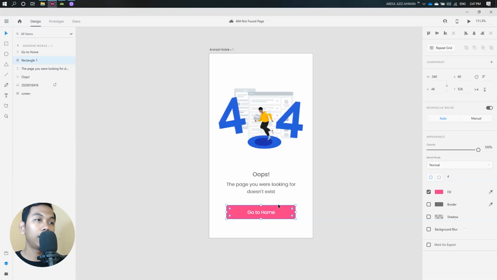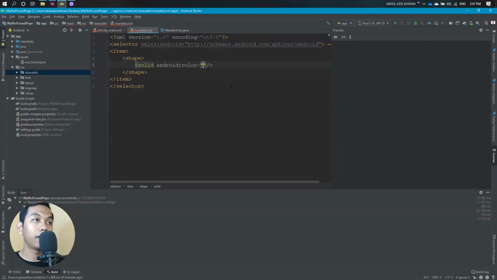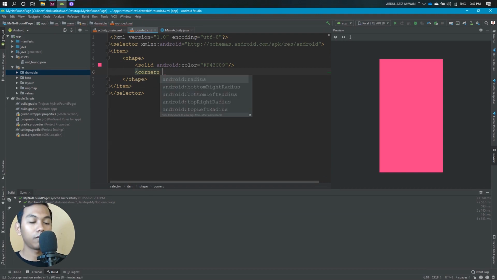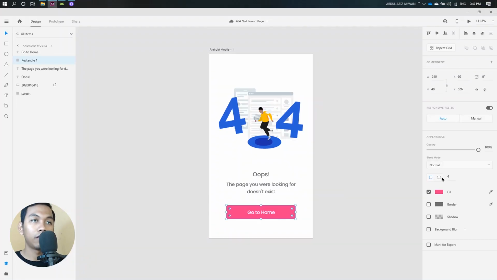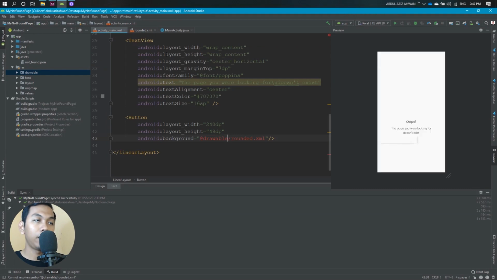For the color, copy this and paste here. And then for the corner radius, we can see here 4 dp. We close it and we go to